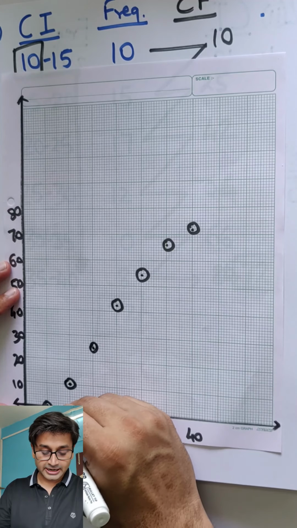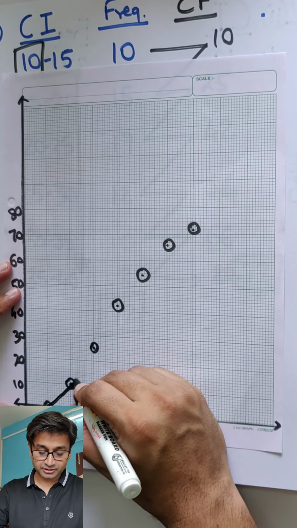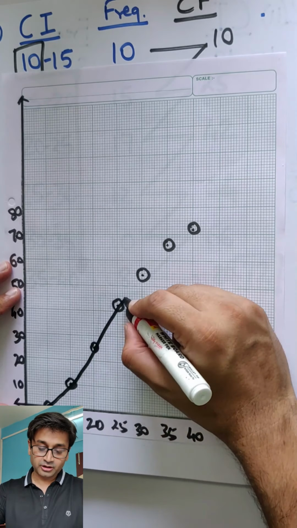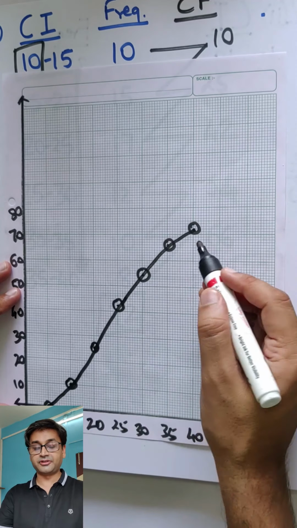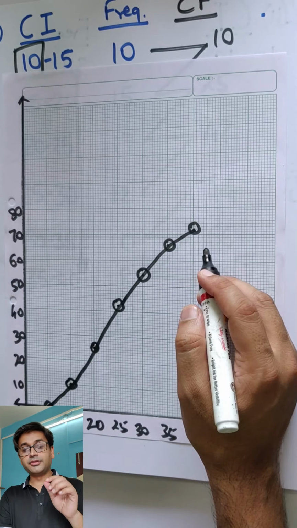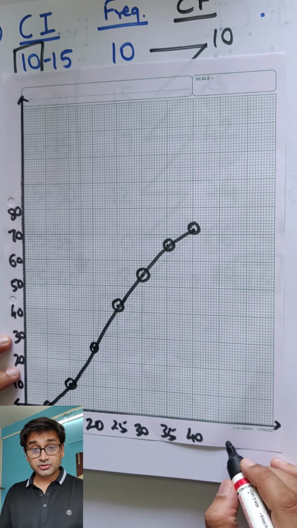So just look at how I am trying to construct it. Avoid lifting your hand and draw it just looking like a curve, a freehand curve. In the board exam, 1 mark is just for plotting and 1 mark is just for constructing the curve. If the curve is not looking like a curve, you lose 1 mark straight away. Yeah, the names are what we need to give.